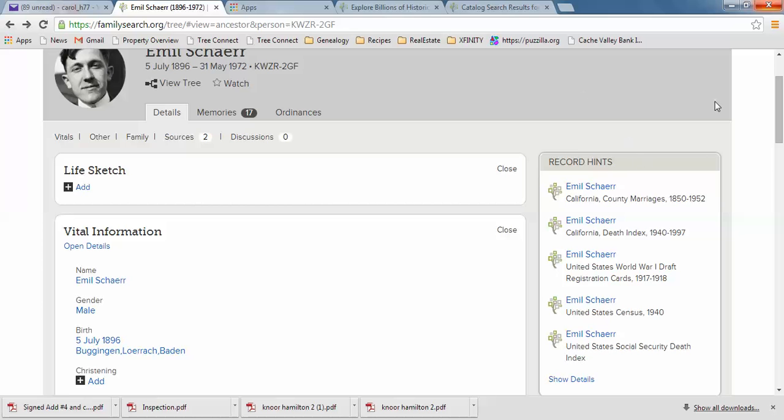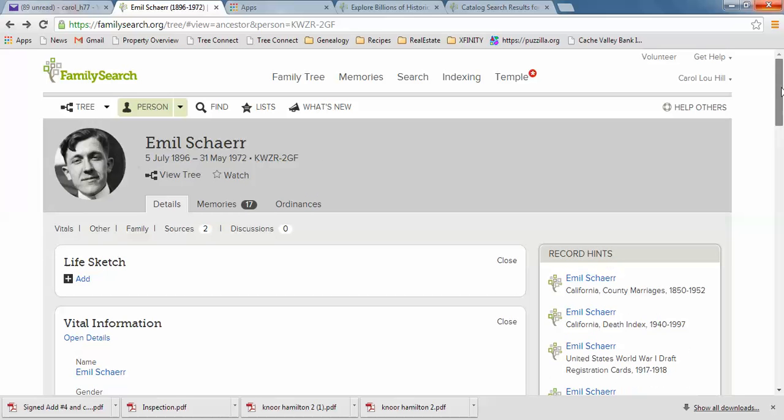And those are so great. I'm so excited that the church has come out with these record hints, because I think that really helps individuals, especially those that don't know a lot about how to find things. And so I think that's awesome. But I heard a statistic the other day that only about 15% of the records available have been indexed and digitized. So especially if you're helping people, if you're looking for someone and can't find it, don't just think that's all there is that the church might have or that other places might have, because there may be some other records. So I wanted to show you